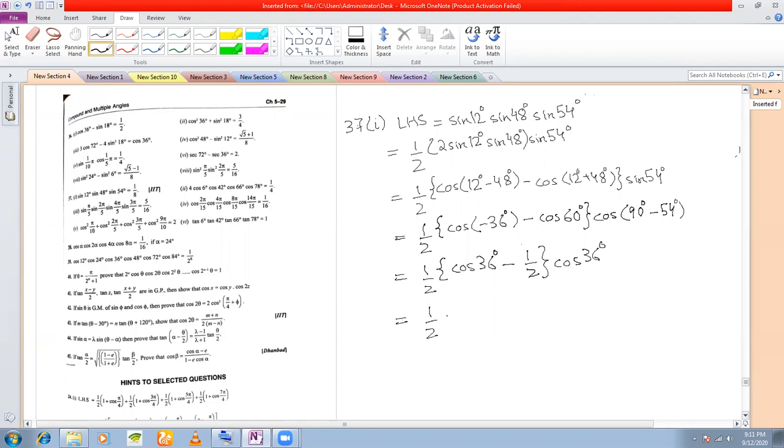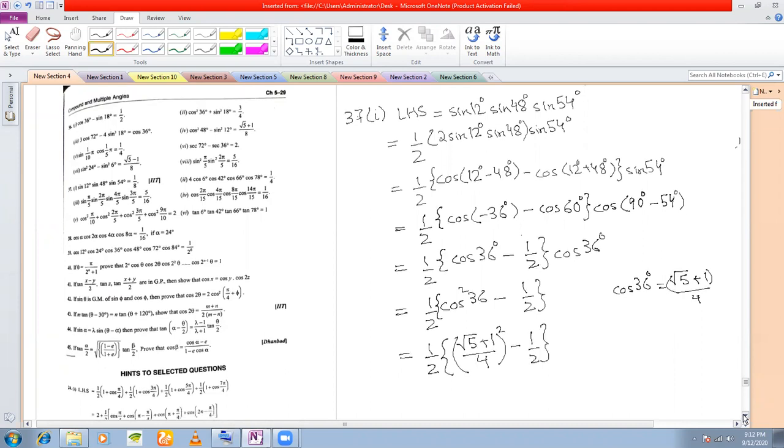If you multiply everything, you get half cos square 36 degree minus half. Okay, so you know that cos 36 degree, I told you to remember sine 18, cos 18, sine 36, cos 36. Cos 36 degree is root 5 plus 1 by 4. You simply need to put this value here: half, root 5 plus 1 by 4 whole square, minus half.